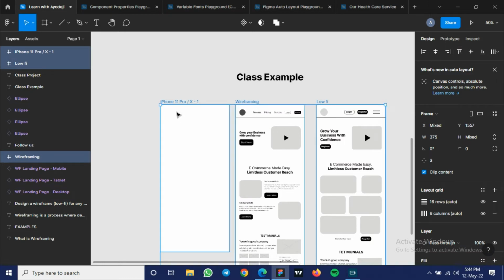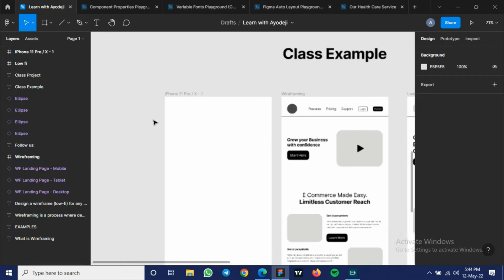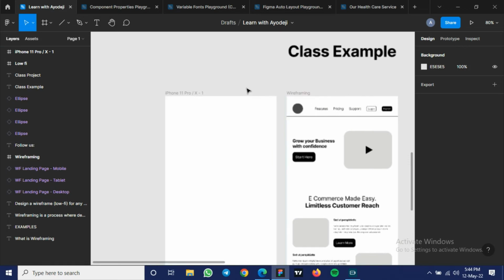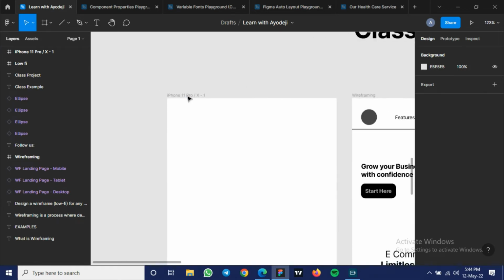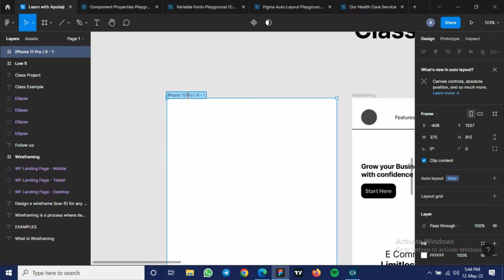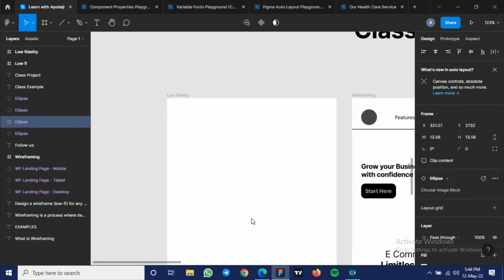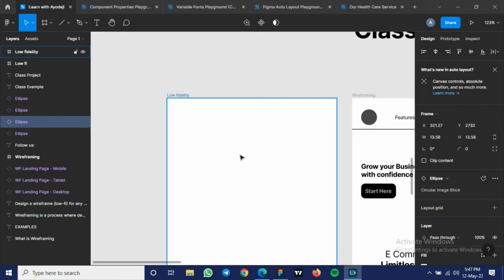Okay, so the next thing you should do is to name your frame. I name this wireframe, I name the other one lo-fi, so I'll be naming this low fidelity. We're still talking about the same thing. Okay, so when I want to start designing, the first thing I decide to do is to create